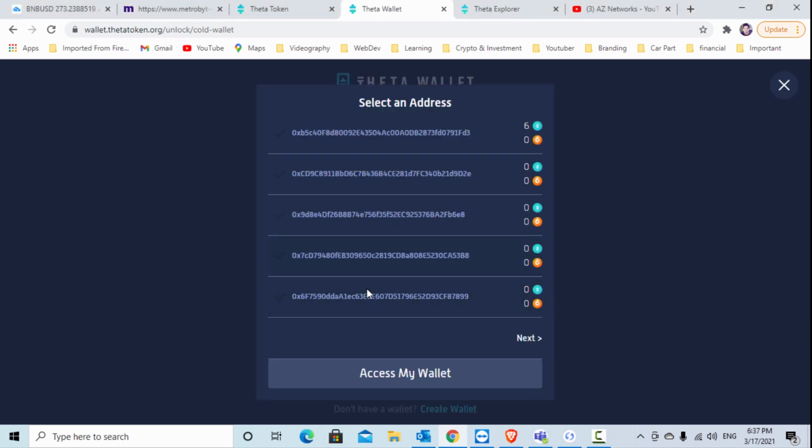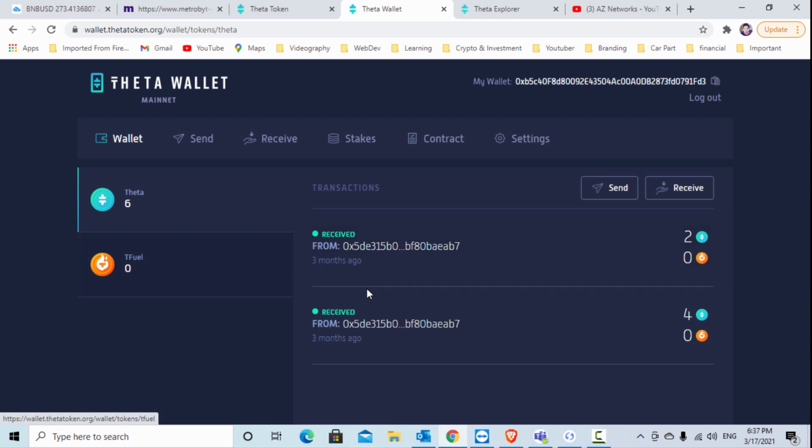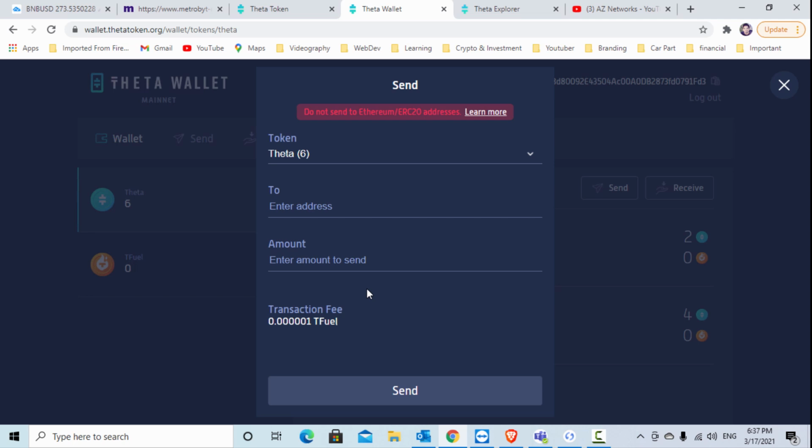Right here you need to touch or press the button on your Ledger wallet, so it will show you the addresses. Which one is the right one? The one where you see the Theta, the first one, and you say access my wallet. As you see right here, you can see your Theta. I have 6 Theta in this wallet, so you can go ahead and send this Theta